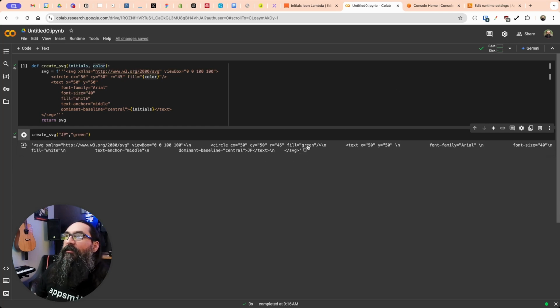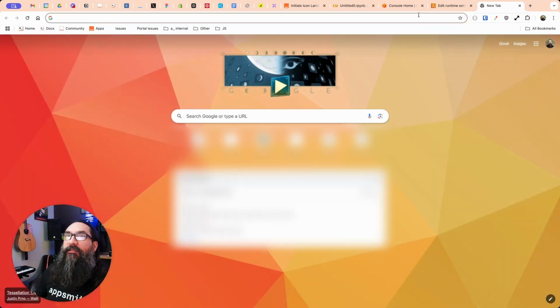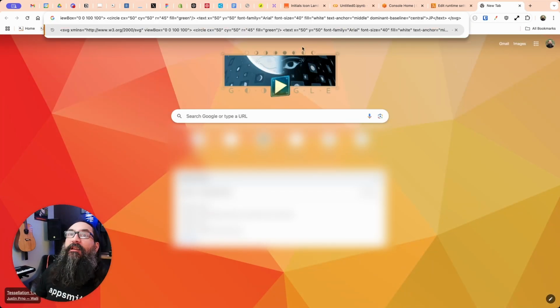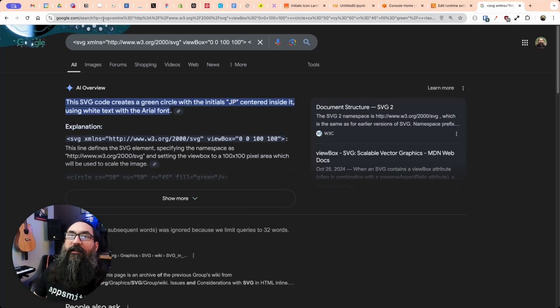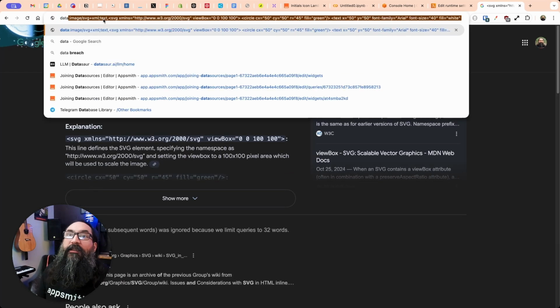So I'm going to copy this into a new tab here, and we'll put this in the URL, and you'll see that it's still not actually displaying. It's trying to Google it. But what if we start out with a data prefix? So it's data colon image and then the type, which is svg plus xml, and then the SVG, and